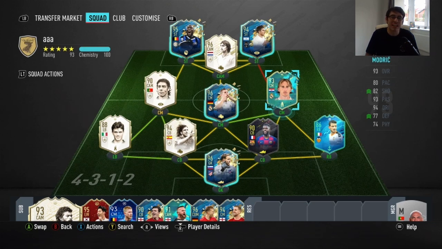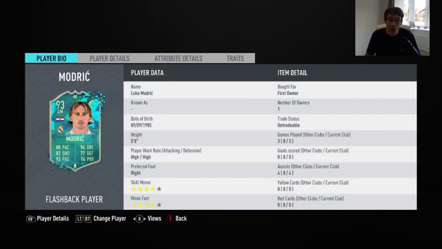Today guys going to be reviewing the 93 rated Flashback SBC Luka Modric. This card as well as his 96 card look absolutely insane, and both of them are very good value for money. The reason I went with the 93 one is because as much as I like Modric